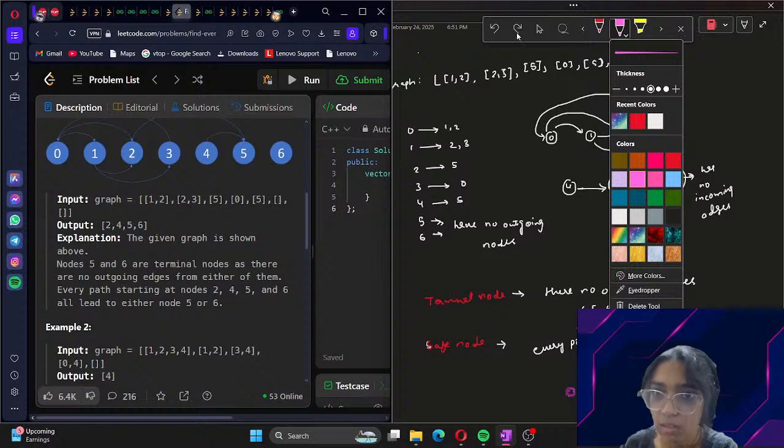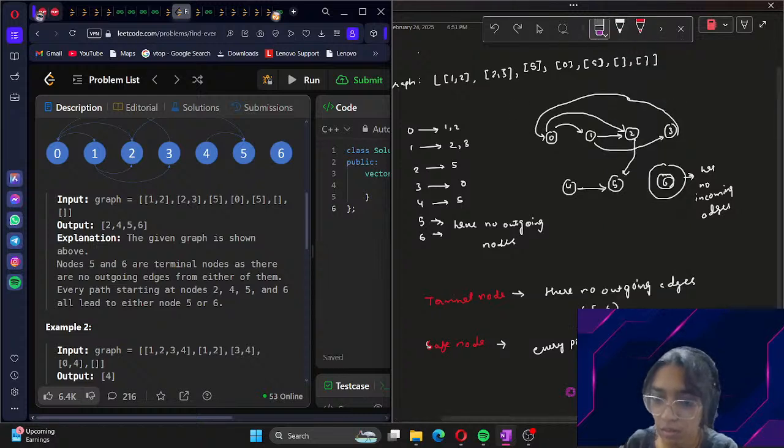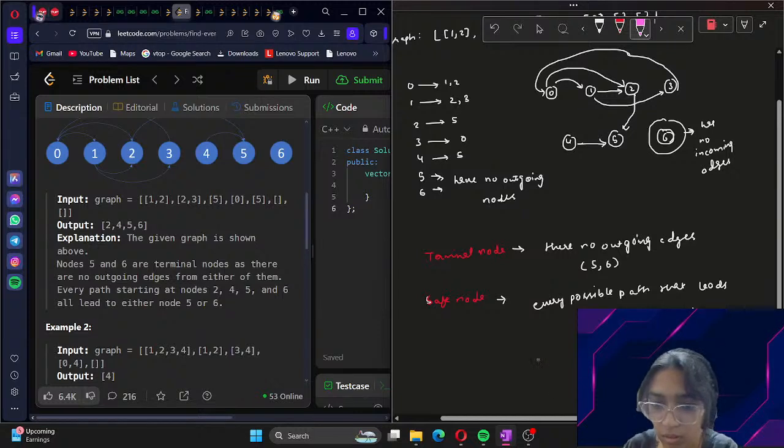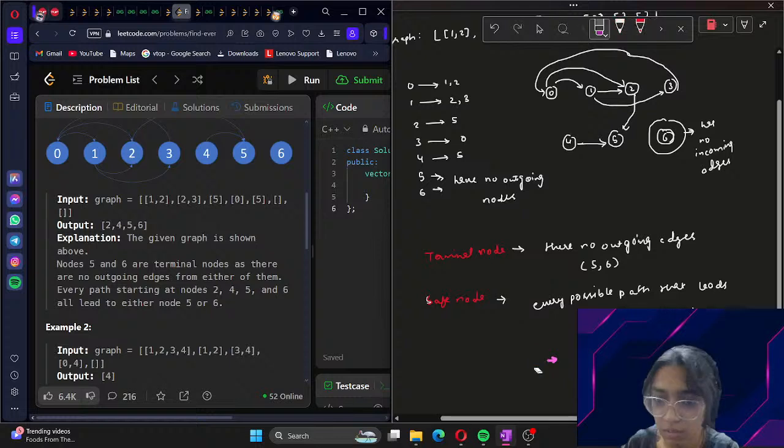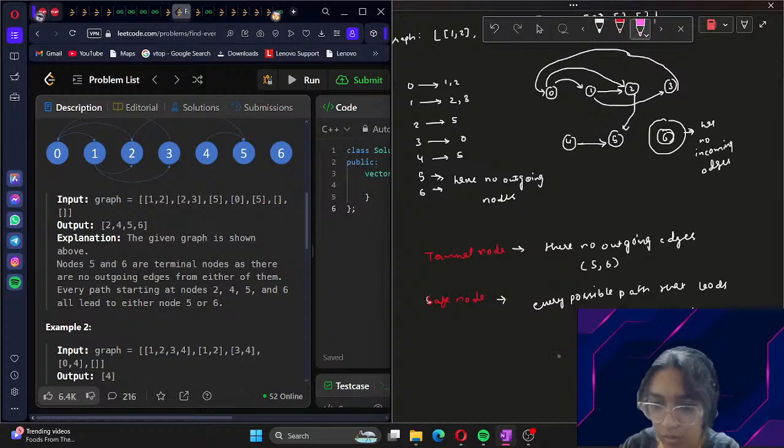Let me just think. Okay, so from 0, 0 to 1, 1 to 2, 2 to 5, or 0 to 2, 2 to 5 for node 0. Coming to node 1,